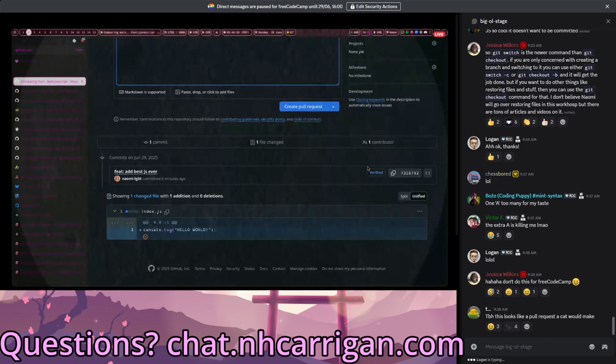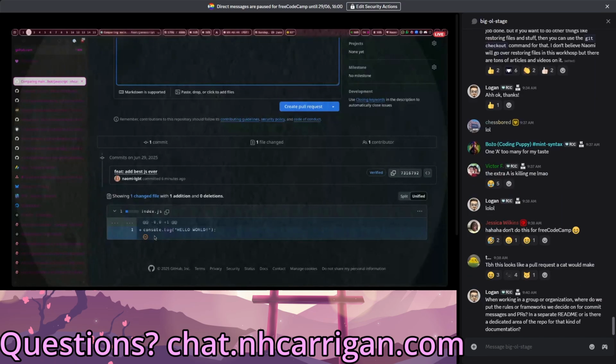We're good. We see our commit tree here, or our commit history. We see we wrote feat add best JS ever. Naomi committed it 6 minutes ago. All looks good. And we get a chance to double check our changes. We have added a new line. This is called a git diff, or essentially the difference between files. Since this is a new file,